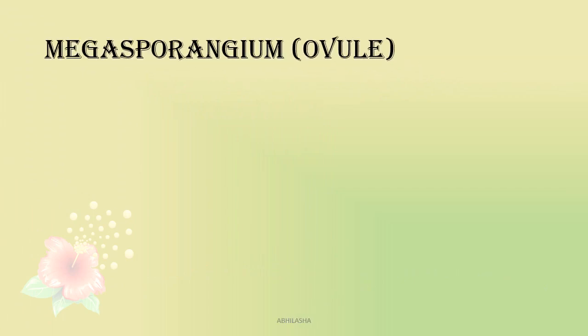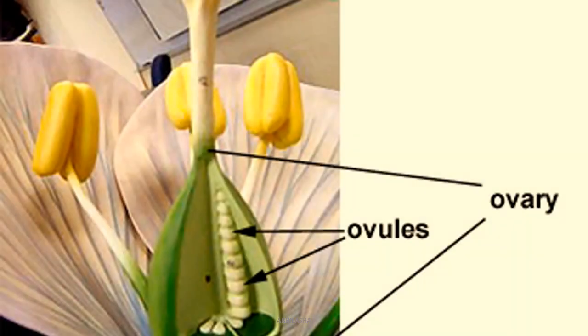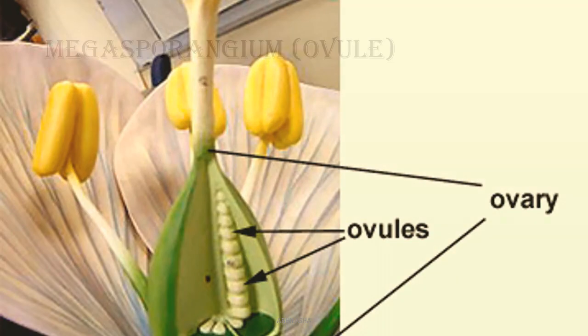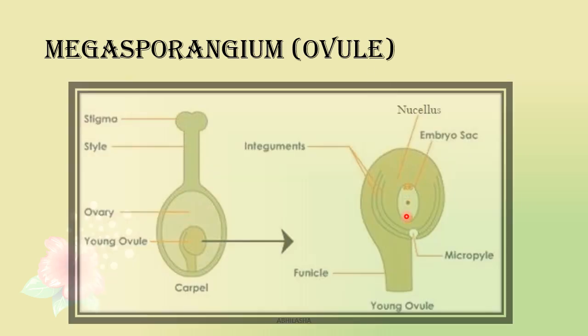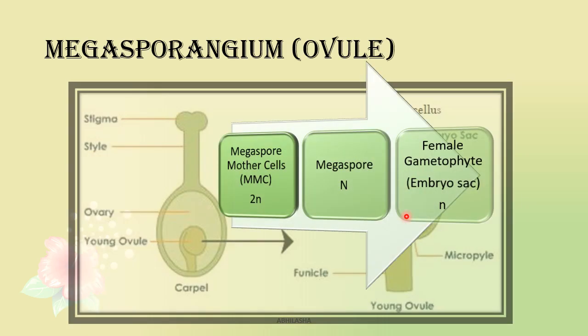To get some perspective, this is the ovule inside the ovary. What is inside this ovule? Very simply, ovule has walls or integuments for protection. Inside the integuments is another layer known as nucellus for nutrition. Now inside the nucellus is a mass of cells known as megaspore mother cells, MMC. Some of these megaspore mother cells will develop into megaspores after undergoing reduction division or meiosis, and this megaspore will develop into the female gametophyte or the embryo sac.